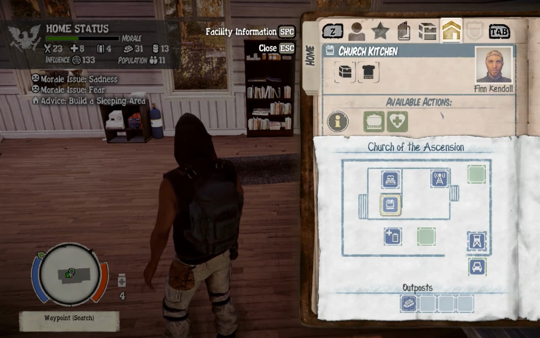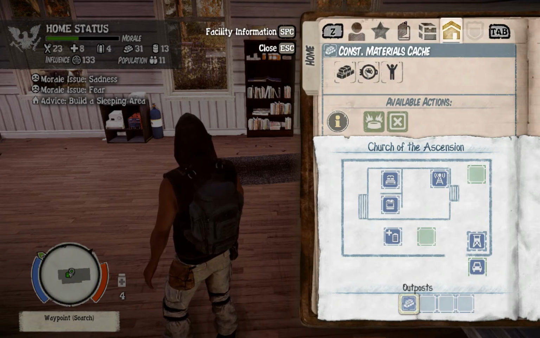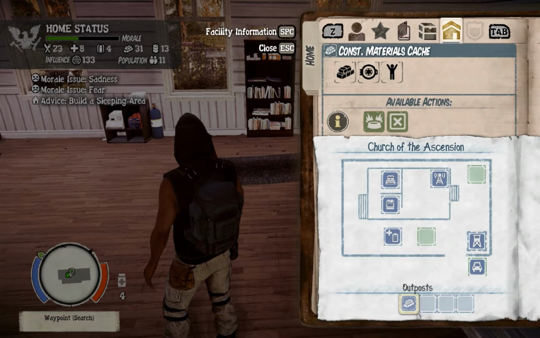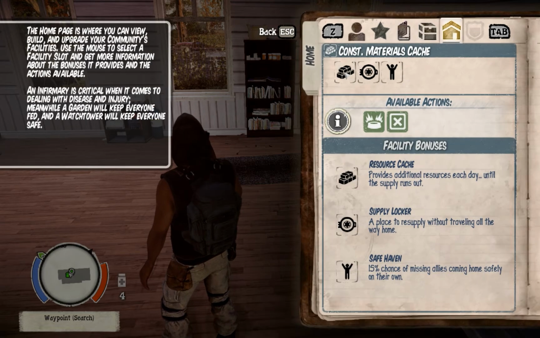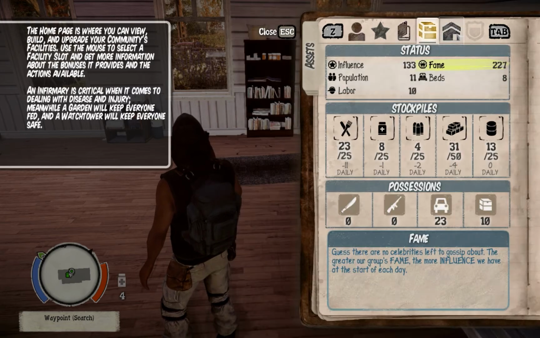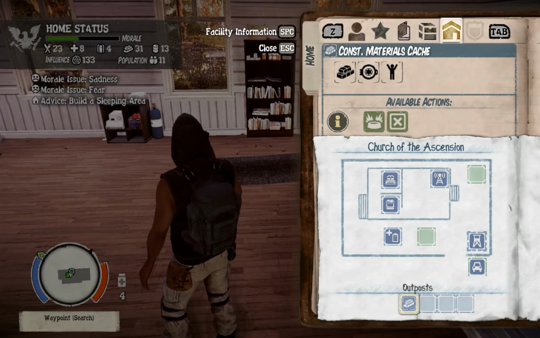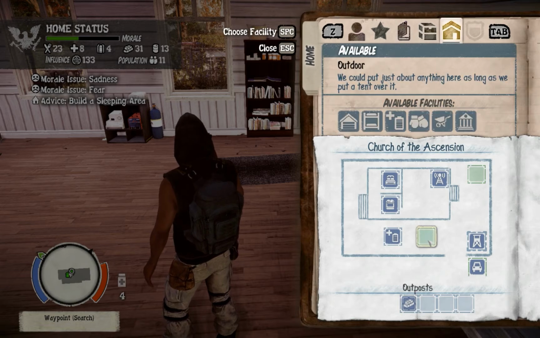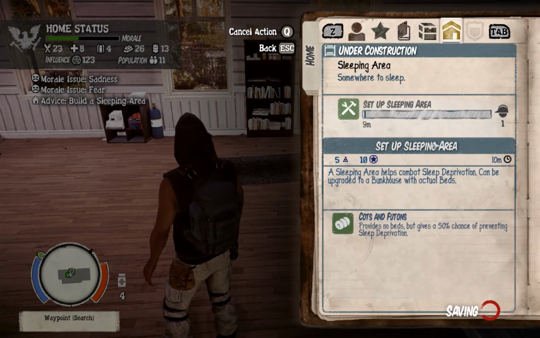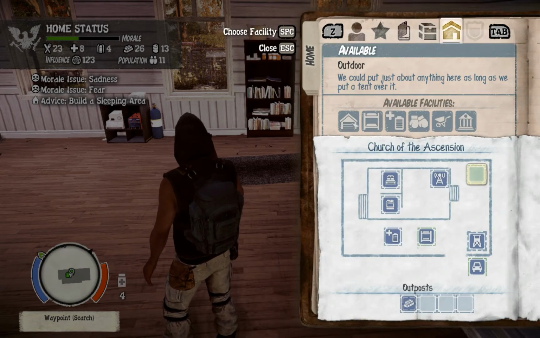Cooking area, there's a little kitchen, but we will probably want to add more, and you can see our outpost here, which is a little materials cache. It actually told me what it did there before I clicked away. It provides additional resources until the supply runs out. I don't know how long it lasts, but it gives you a few resources, and the materials are useful because they're used for building. So we can build a sleeping area that I've been nagged about by a friendly radio operator, and I've got a choice. The other things we can build are a workshop,